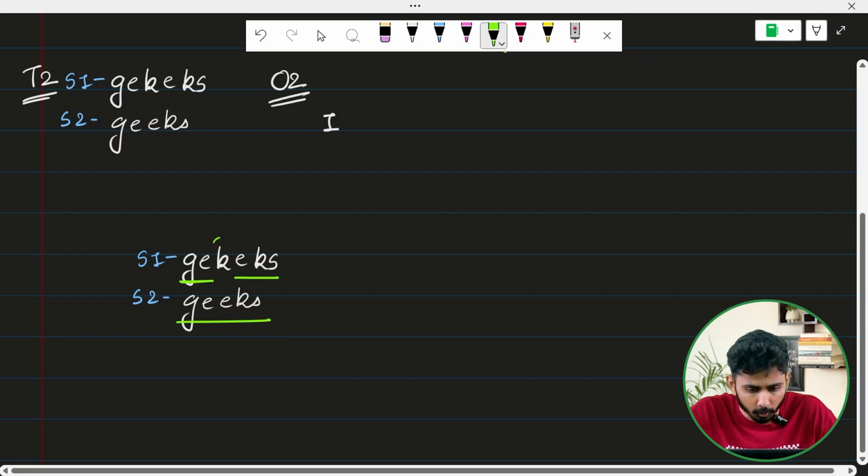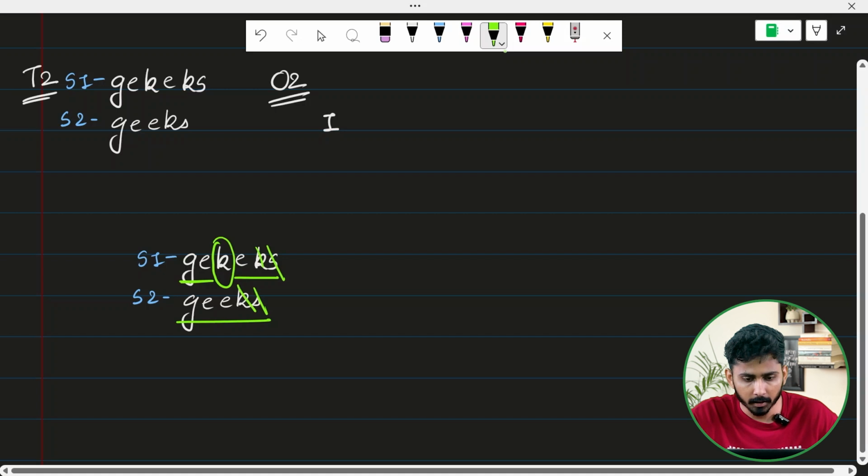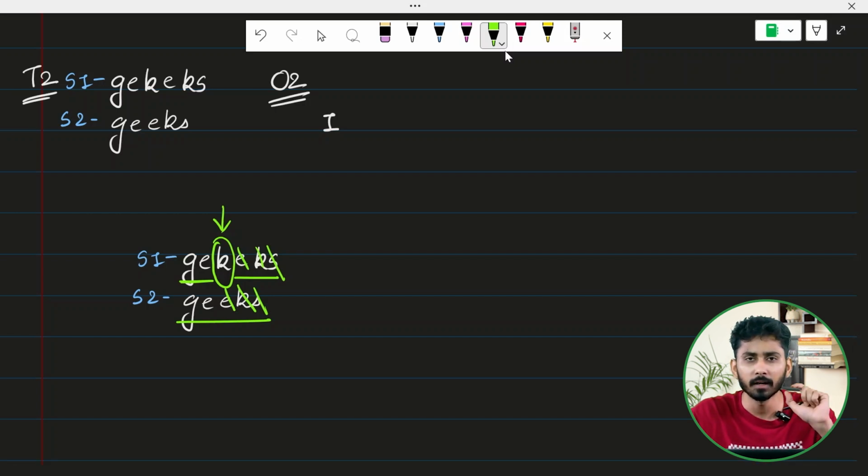Here you can see there is only one character that is not matching. In order to find out how many characters you need to manipulate or delete or replace, you need to find out what is common between them. Okay, so you can see that there are some characters that are common. Now when you find a character that is uncommon between both of them, at that time you need to think about some operations. Okay, so this kind of algorithmic logic is used in a standard problem called